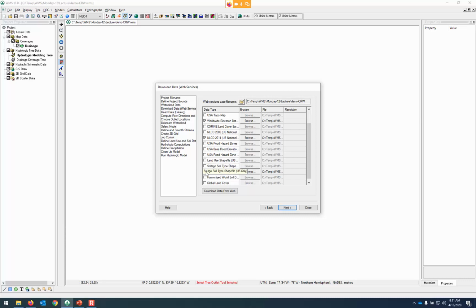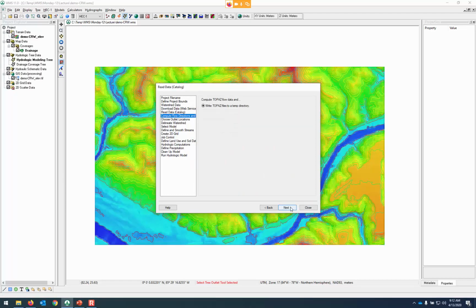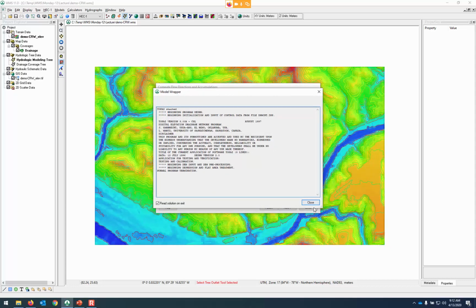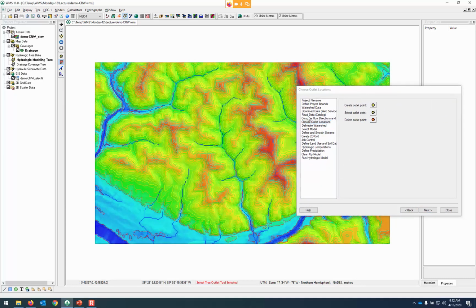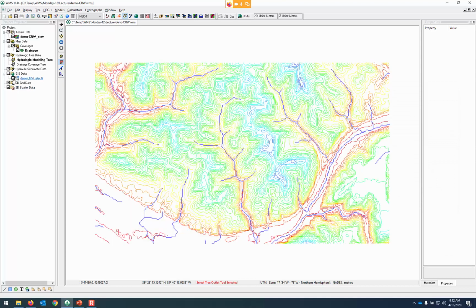And in fact, to demonstrate that, I won't get them up front. I'll just get the elevation data and I'll come back later and get the land cover and the soil type. Compute TOPAZ. Alright, now I have a rough idea, and it does look like I have that entire watershed in the view that I downloaded. I have an idea of where I'll be placing the outlet, but I want to make sure I get the right thing, so I will turn on the online maps, turn off the elevation